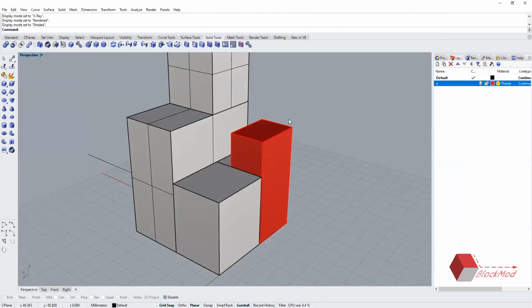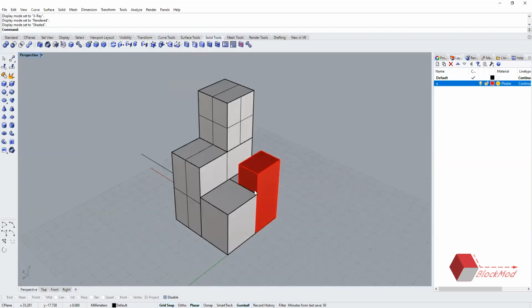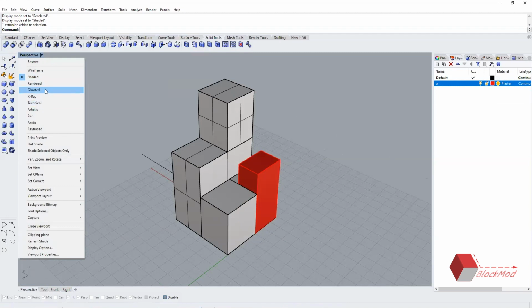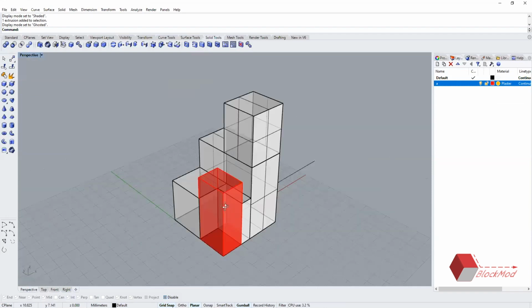Okay, so for our conceptual drawings, or something where we want to show the elevation model like that, in SketchUp you model each and every part in that way and then you get a 2D output of it, or you need to create a different model. Here you can do that in the same model because you have different materials assigned to different objects. So I usually prefer Ghost, because it is the kind of style that I like.